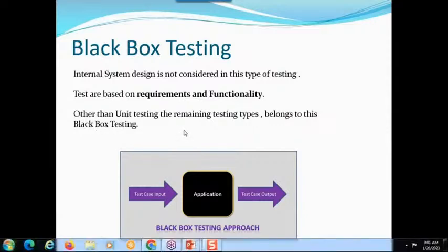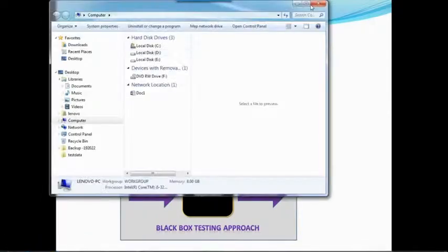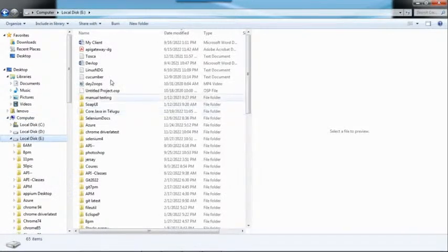I will show you one best example of how we will test. We do not see the code, right? But how are we able to test that application? Generally they provide documents, the requirement documents, such as the FRS.